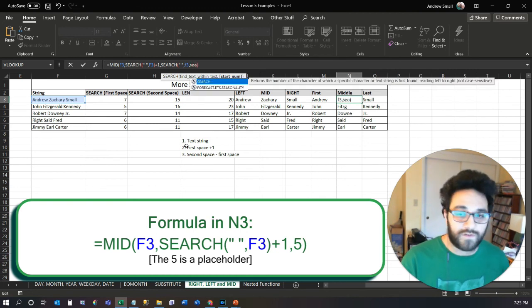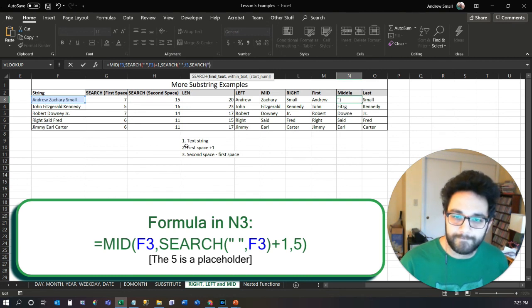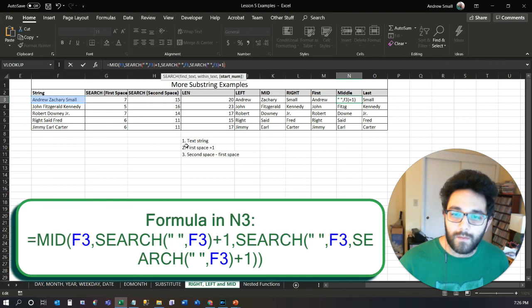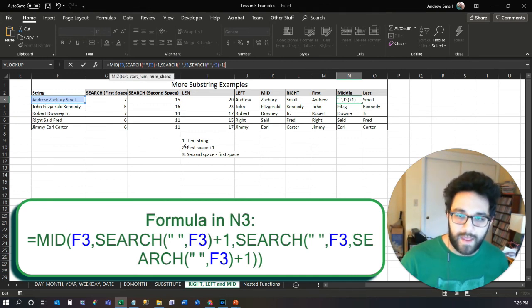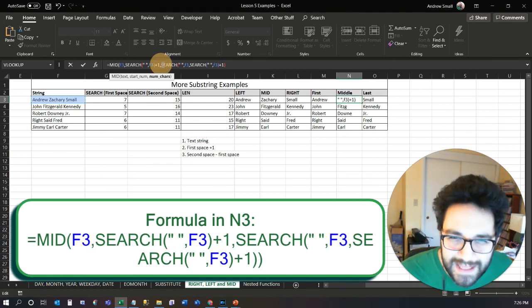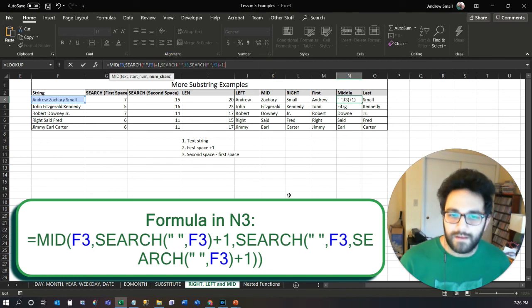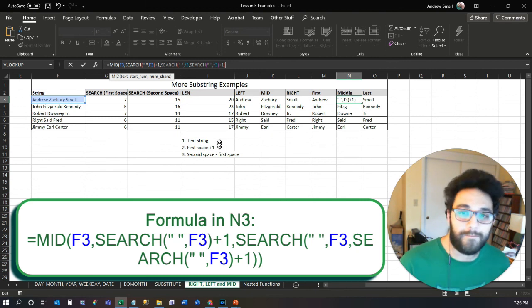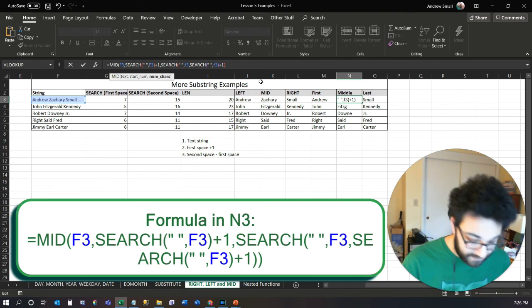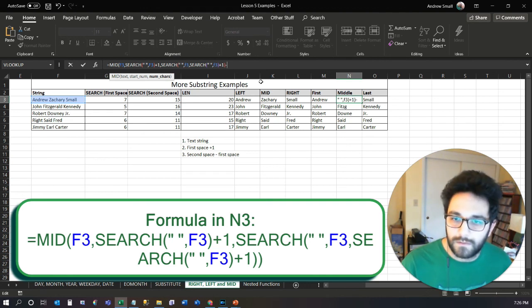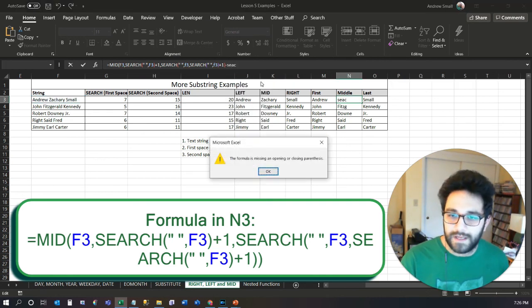So another search function. That's our first space, plus 1. That gets us our second space. So from here to here is the second space now. And then we're going to subtract the first space. And that's, again,